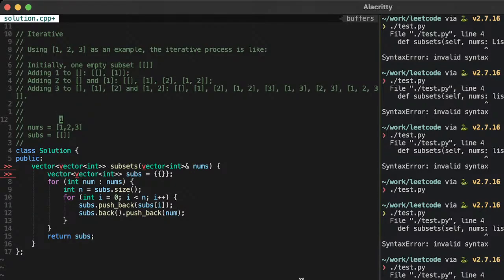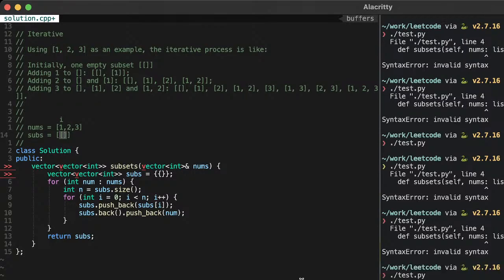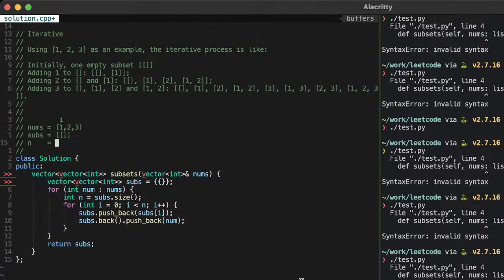Okay. We're going to use I to keep track of where we're at. N is going to be subset size. Size of this is 0. Let's see. Python. What is the len of an empty list? 0. What about the len of an empty list with an empty list inside? 1. Okay. N, we're going to keep track of. N is this subset size, which is 1.